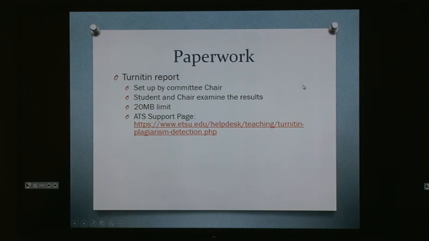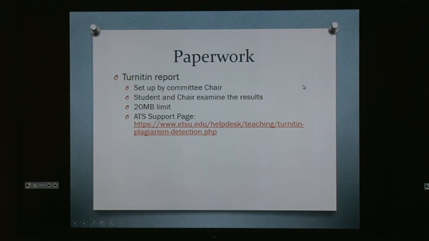You may or may not need to examine them, but at least your chair needs to examine the results. This is something that they sign off on, one of these forms that certifies, "I have read and looked at the Turnitin report," so they need to do it. This report is not something that I look at. I don't record the score. I simply get the report and I file it. So going through it and making sure whatever it flagged is something that you're looking at. If you need to make any changes, that's up to you and your committee to get that done.